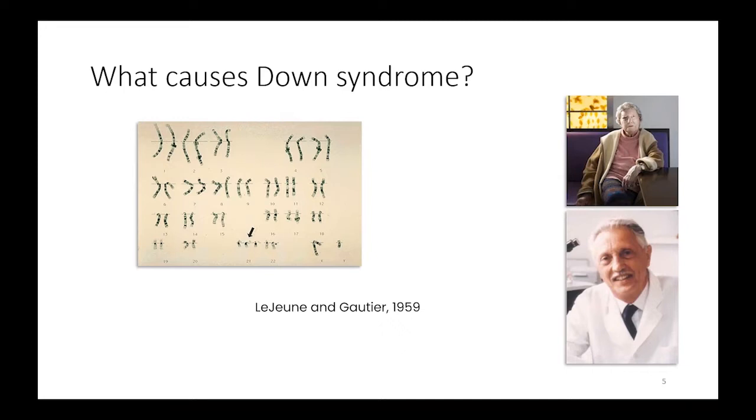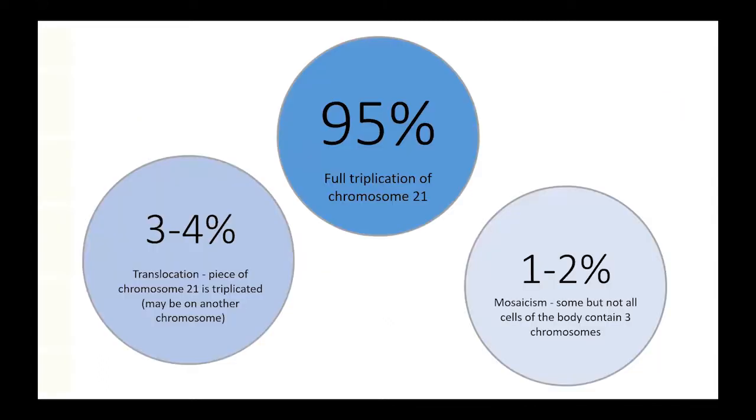And it turns out that Dr. Gautier was the one who actually visualized that extra copy of chromosome 21 in vitro, but she didn't have a microscope to take a picture of this. And she sent those images or those slides materials to Dr. Lejeune, who took a picture of this very famous image and subsequently published a paper. And he's credited with this discovery when actually, when you read the science article about this, it turns out Gautier was really the one who discovered it. So it's one of those interesting historical stories about Down syndrome.